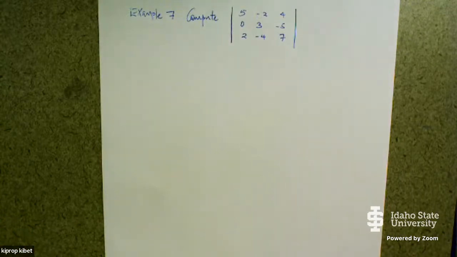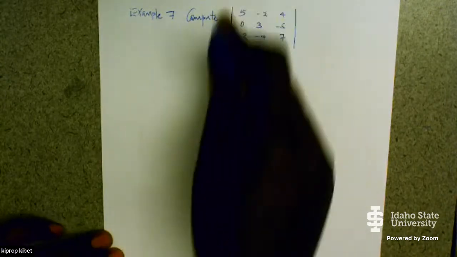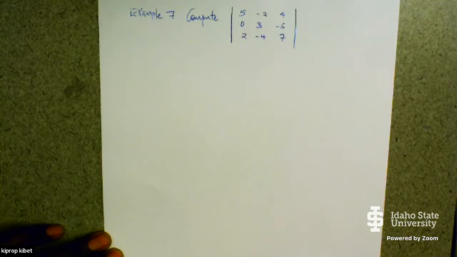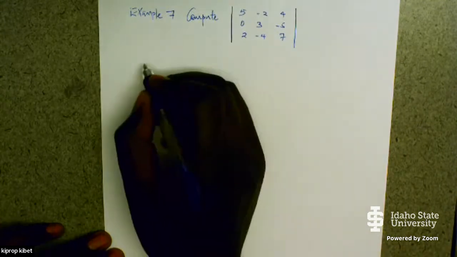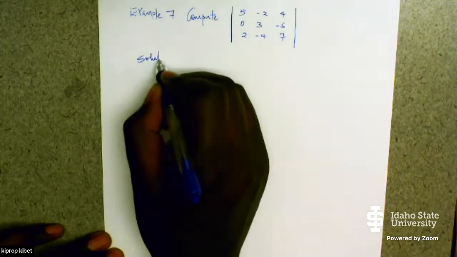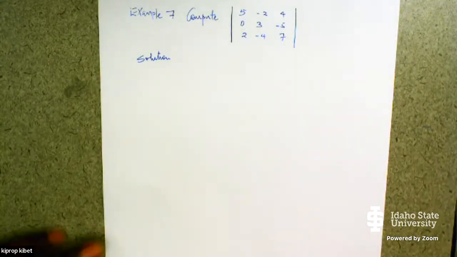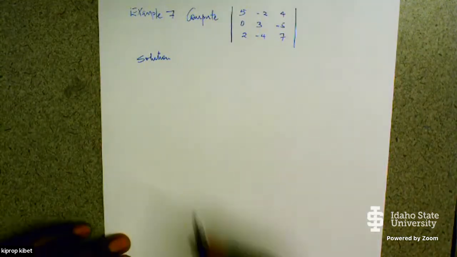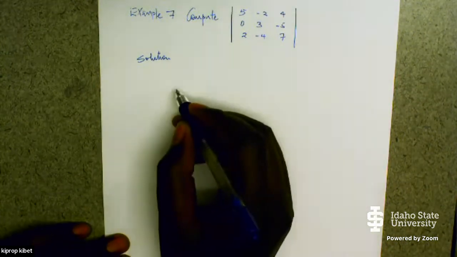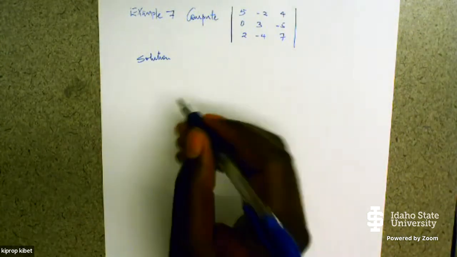So we're doing example number 7 here. We said you can actually use the row or the column which has as many zeros as possible using the cofactors method. So in this case, we can use the first column there. Solution. If we use the first column, then the determinant here will now be